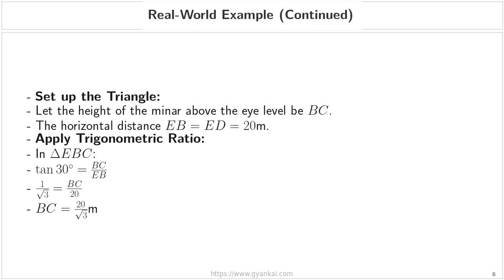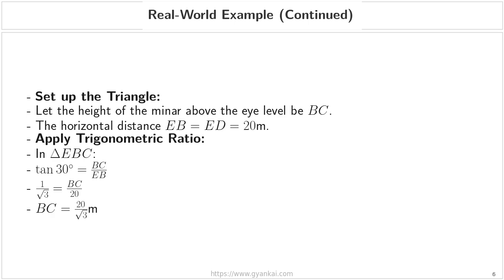Next, we apply our trigonometric ratio. Since we are dealing with the side opposite to our angle and the side adjacent to it, we will use the tangent ratio in triangle EBC. We write this as tangent of 30 degrees equals BC divided by EB. Now, substituting our known value, we get 1 over the square root of 3 equals BC divided by 20. To isolate BC, we multiply both sides by 20, which gives us BC equals 20 divided by the square root